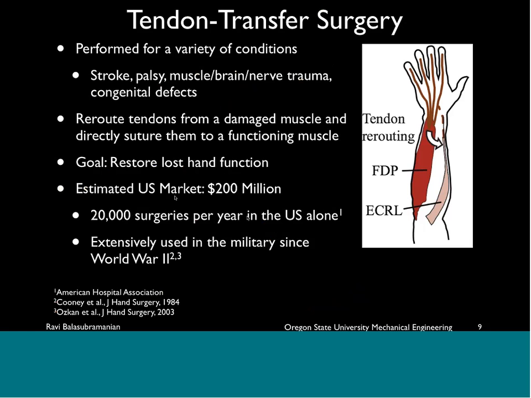And the overall idea, if you can see my mouse, is that you reroute tendons from a damaged or non-functioning muscle to a new muscle. So in this particular tendon transfer surgery example, you reroute all 4 FDP tendons to the ECRL muscle, which is a wrist muscle. Okay? And the overall goal is to restore lost hand function. So if the FDP was not functioning, then you transfer the tendons to the wrist muscle, which may still be